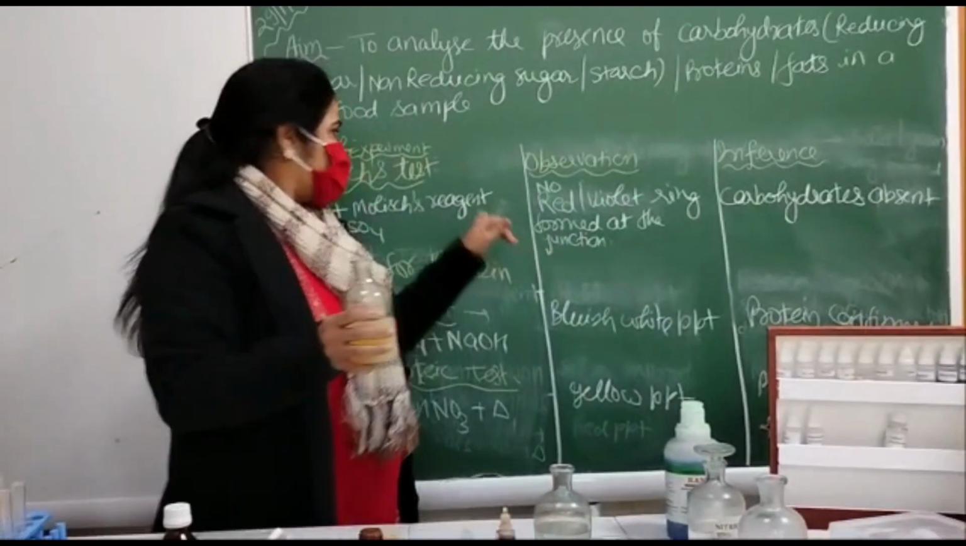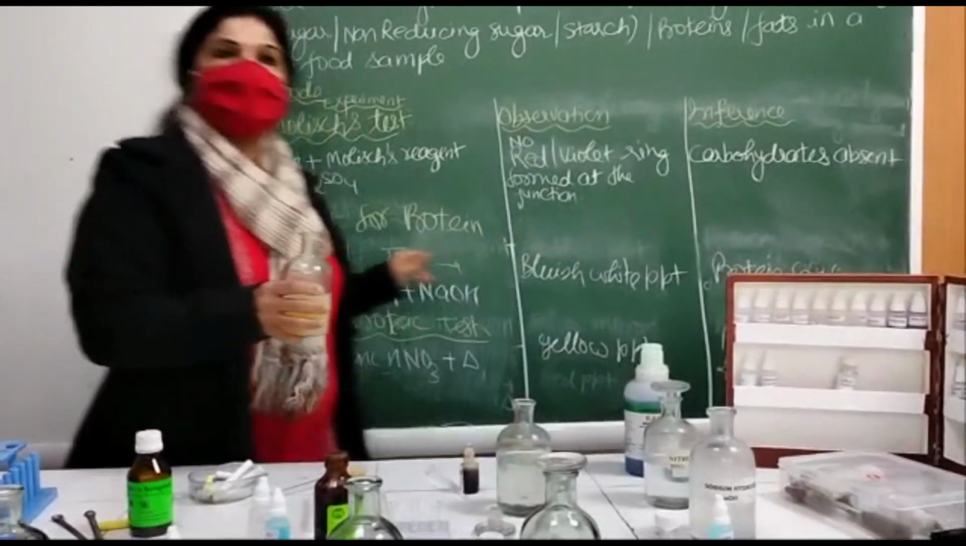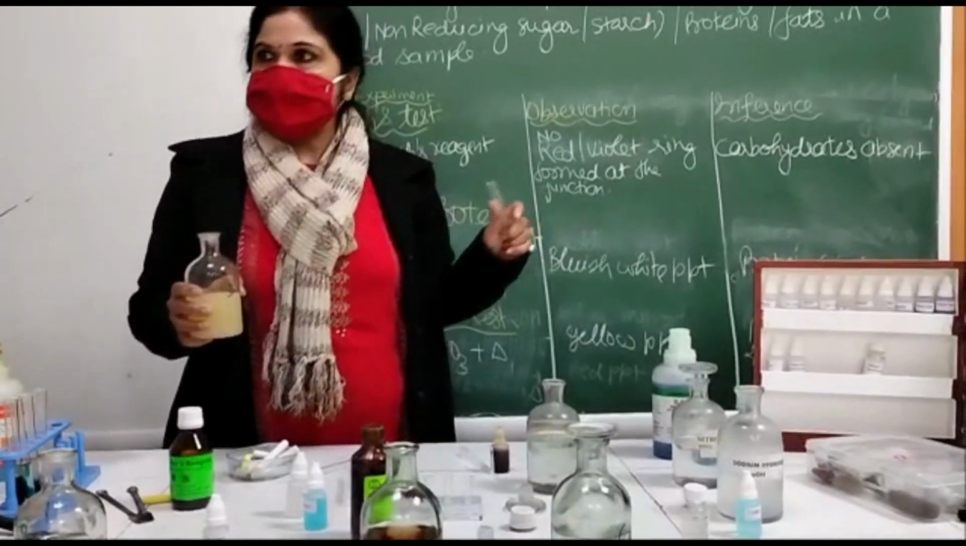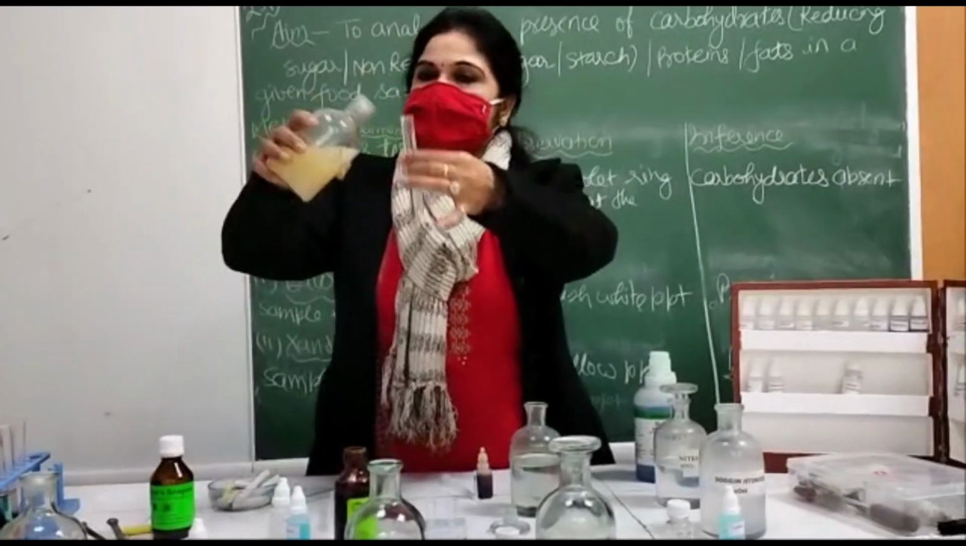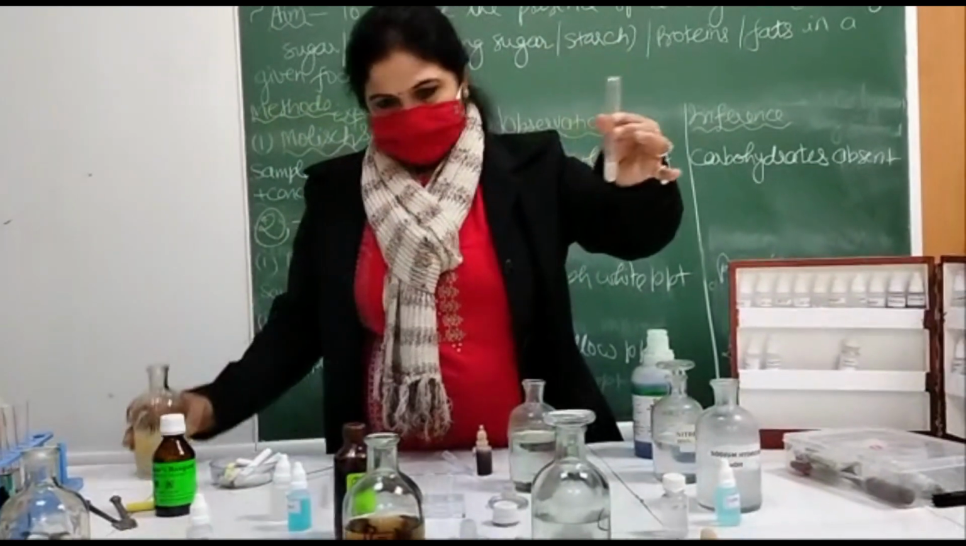Okay, so we have done this Molisch test, which is a negative test, meaning carbohydrate absent. So we are moving forward to the test for protein. So what is the test for protein I just told? Biuret test. What is the procedure for the Biuret test? Add sample, copper sulfate